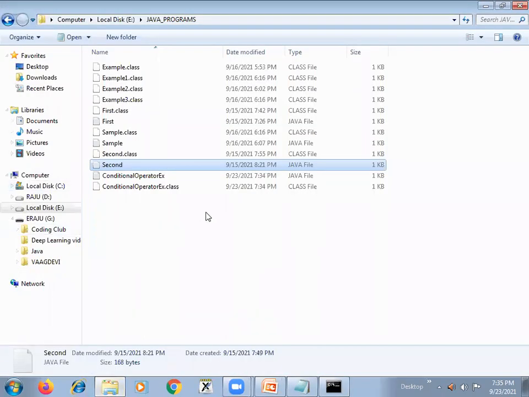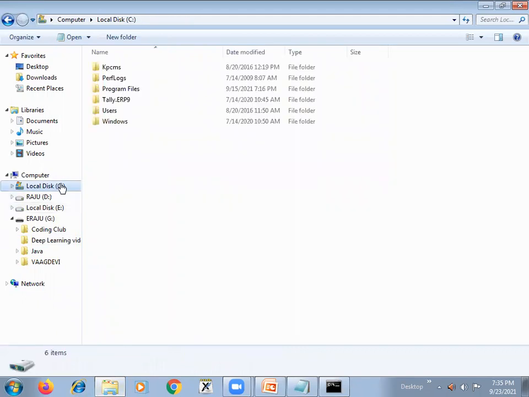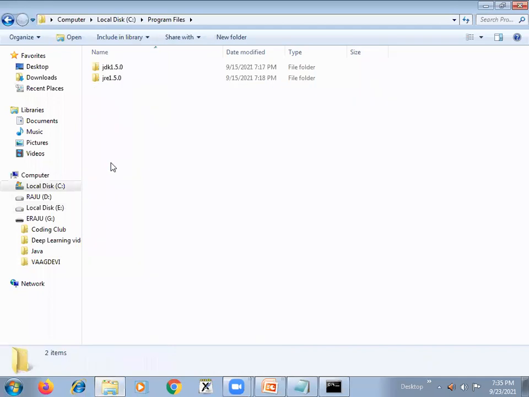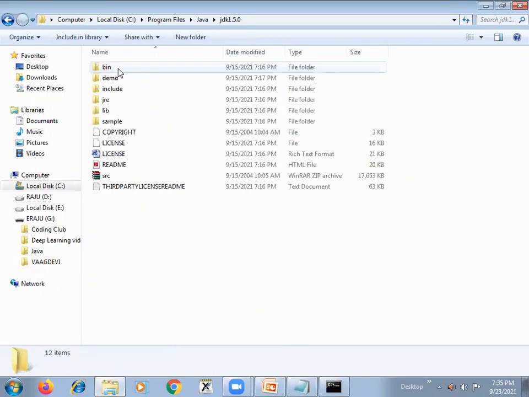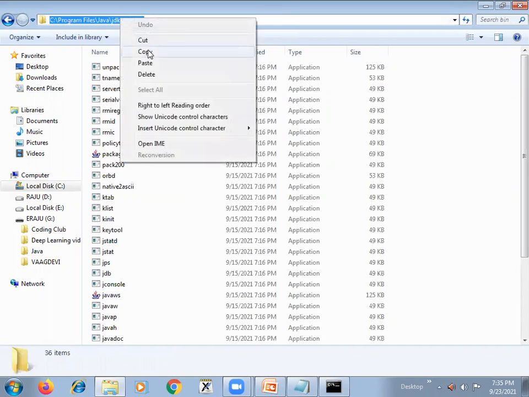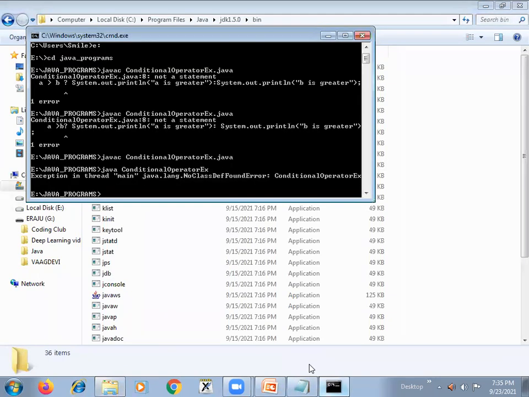Okay, so just wait. C program files, Java, JDK bin. Okay, so I need to copy this, then set path and class path. Okay, so set path is equal to,